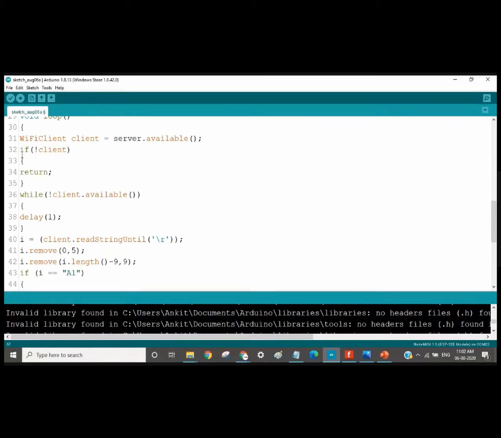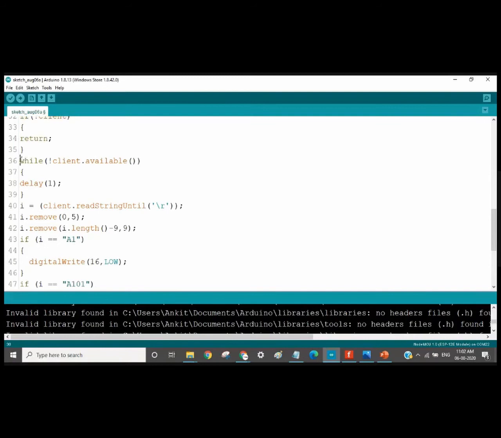So here comes the part for the client purpose. Okay, it is checking whether the client is available or not, because the device is switched on every time, but when the client is available, it comes out of the deep sleep mode. When the client isn't available, it goes in the deep sleep mode in order to consume less power, right? It will save the power of the device. Okay, so this is for that purpose, right?